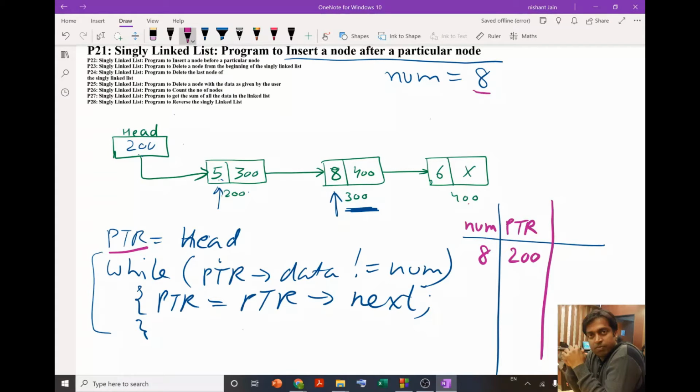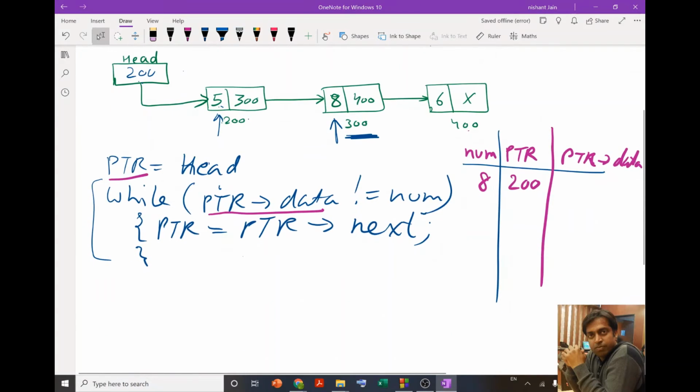Now in the loop condition, I have this ptr data. Ptr is 200, so our data is 5.